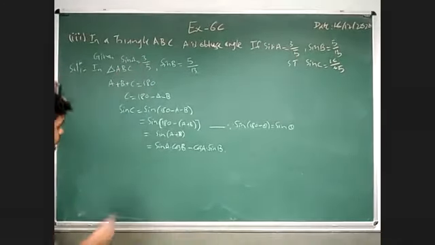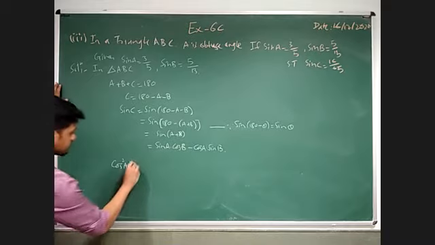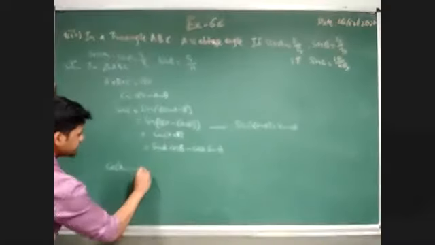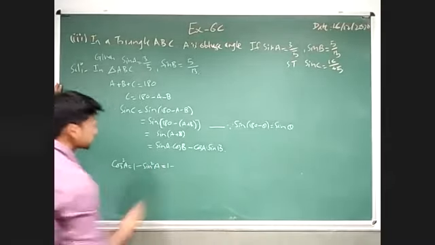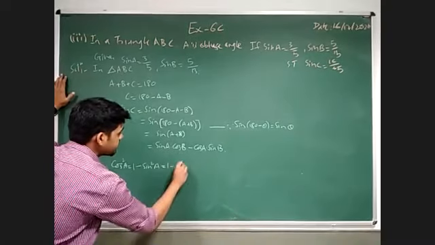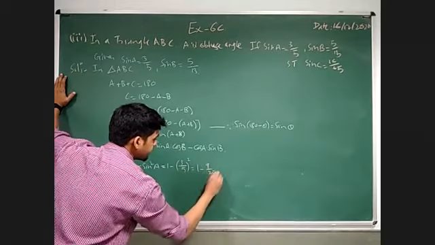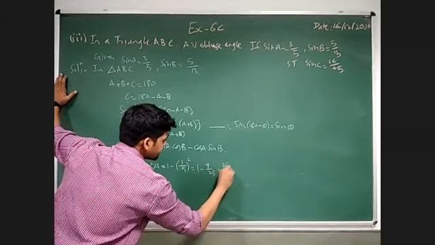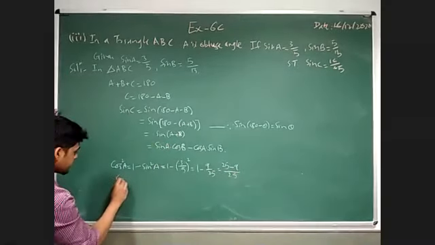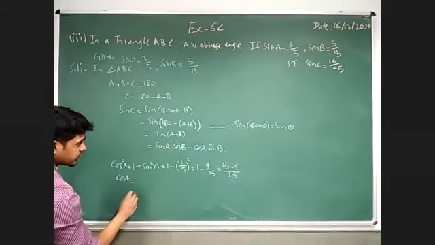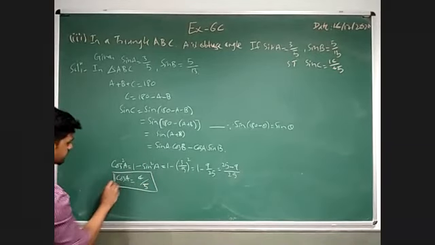Now first of all, find cos A with the help of the trigonometric identity. So square root of 1 minus sin squared A. Okay, so here just see, 1 minus sin A is given 3/5, 3/5 squared, then 9/25, that means (25 minus 9)/25. So I can write cos A is equal to 4/5. Okay, so here I found cos A.